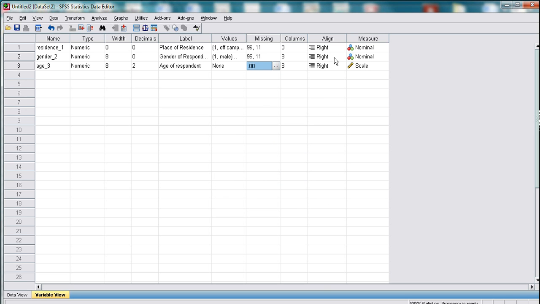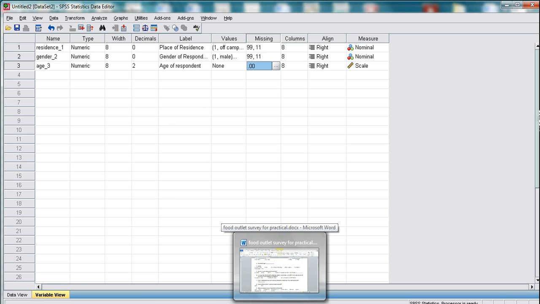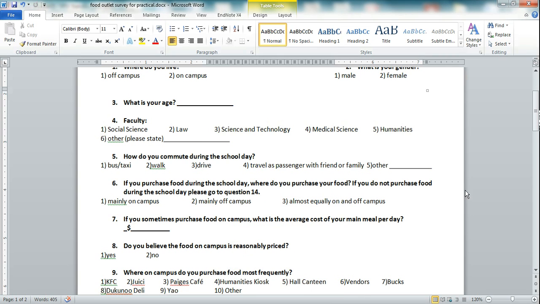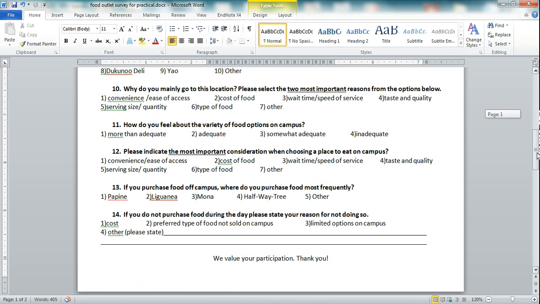Now I'll leave columns and alignment at the default parameter, and for the level of measurement I would leave it as scale because it is a scale measure. It is a ratio variable. And so that's pretty much it in terms of setting up your data in SPSS. Let me jump the gun a bit and go down, just to point out to you that if we were dealing with this question, how do you feel about the variety of